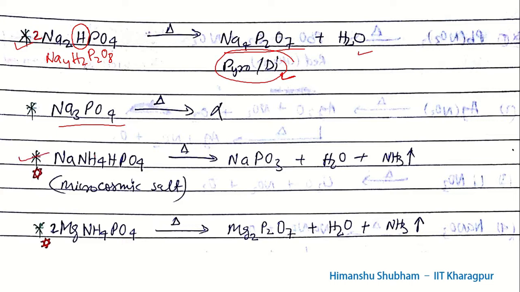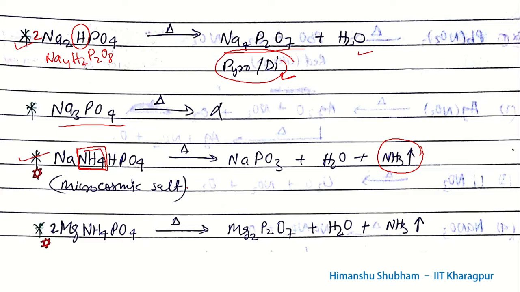In the next compound, we have to heat this particular microcosmic salt, that is NaNH4HPO4. We see that this compound contains NH4, so what we'll do is write a separate NH3 in the product, and we'll do the other part as was stated, that is, we have to remove H2O from this compound. Here we need not multiply the compound by a factor of 2, because after removing NH3, one H will still be remaining from this NH4 part,